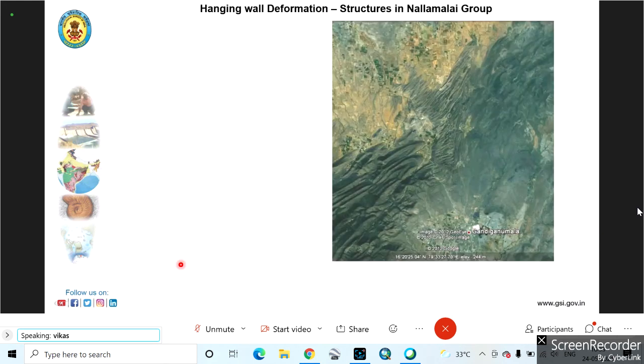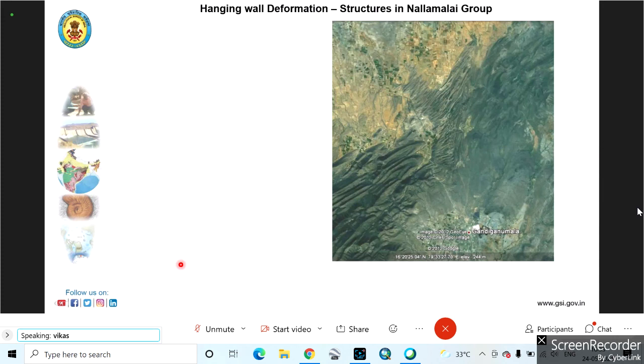Okay. Before we did it, we went through some of the Google images. You can notice in this Google image, on the left side, it's a very dense forest. These are highly dense forests, the dark green color itself is saying. You can notice some fold closures you can easily identify, a number of fold closures one after another, which are northwest-southeast trending. All these are fold closures you are able to see.